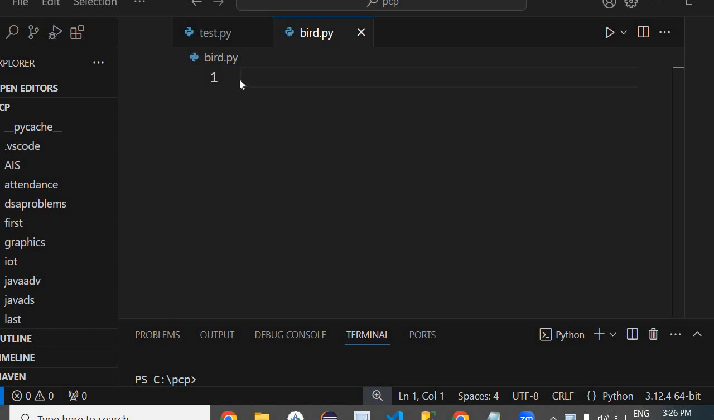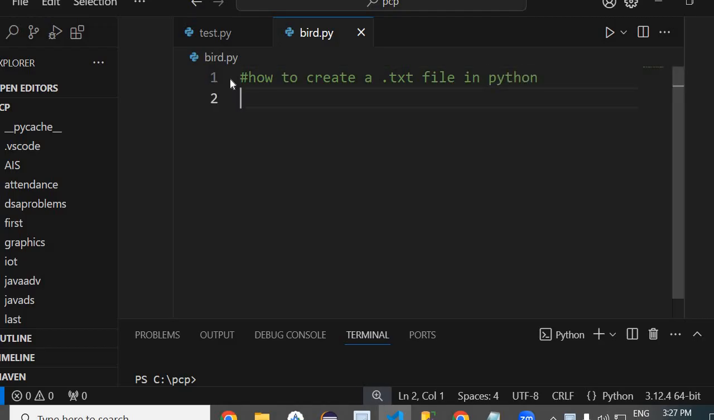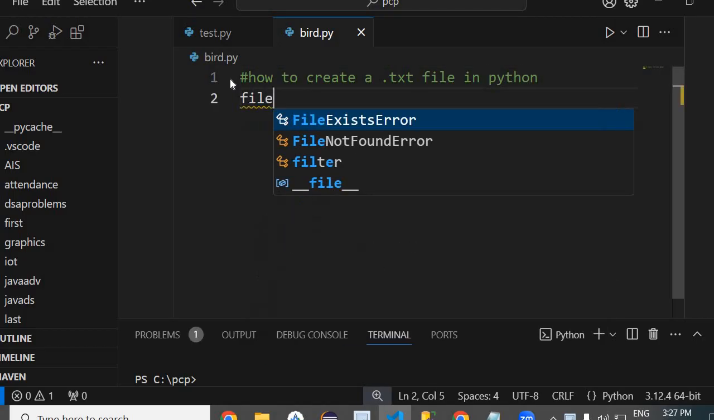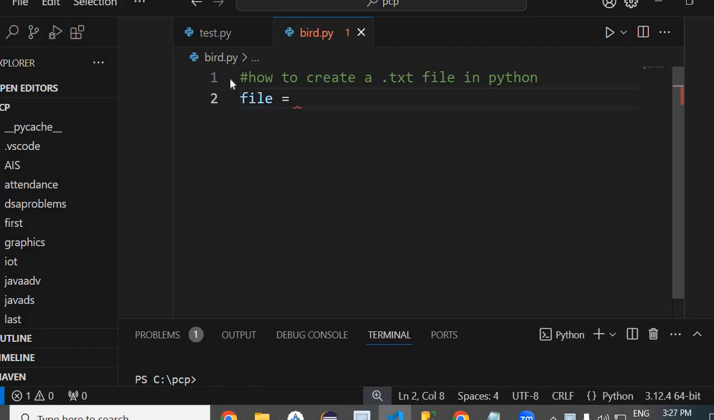Hello student, today we will learn how to create a text file in Python. So I'll start with this: how to create a text file in Python. To create a text file, I will use a file variable, and that variable